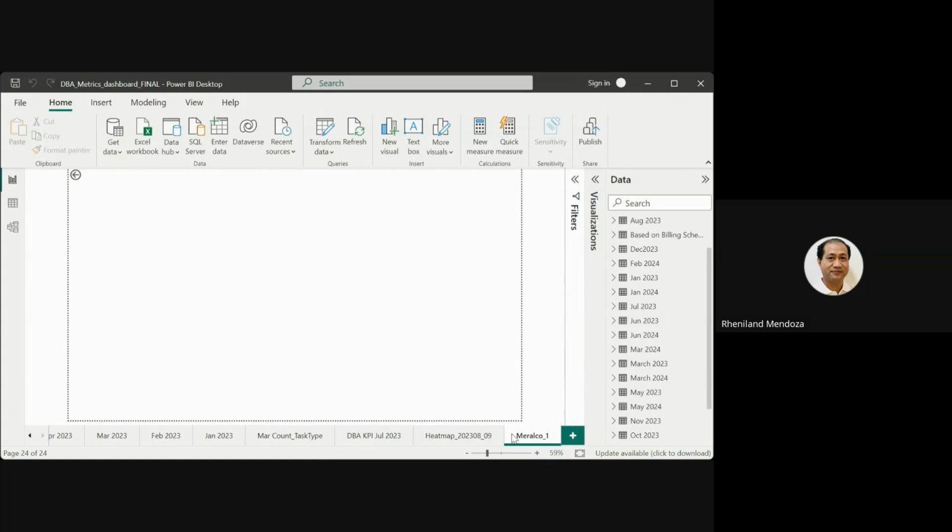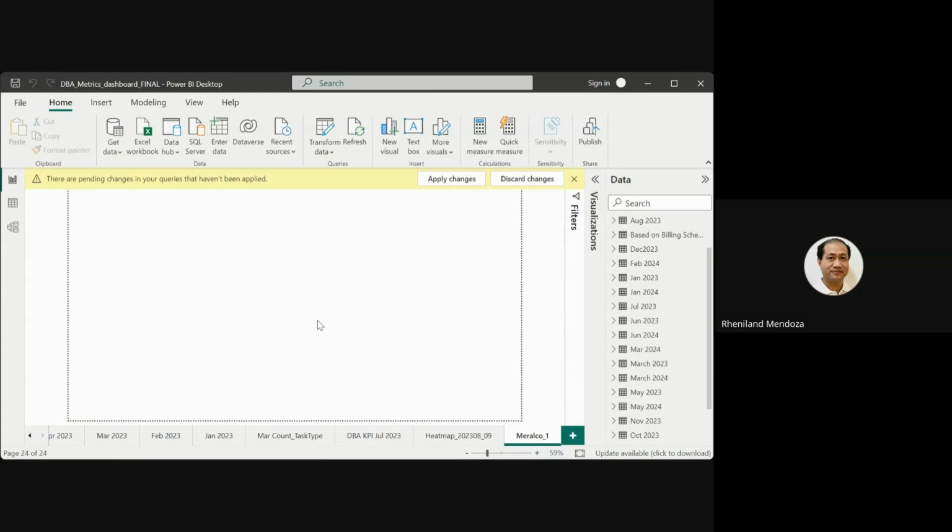And you can also have a choice to transform. I'm going to have another session on data transformation, so in this session, let's just try and load this. It's now loading into our model.